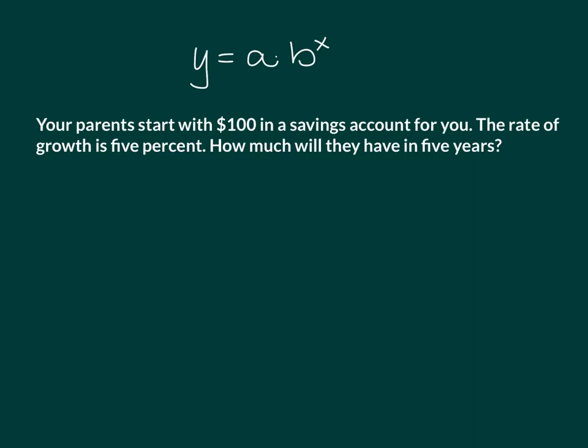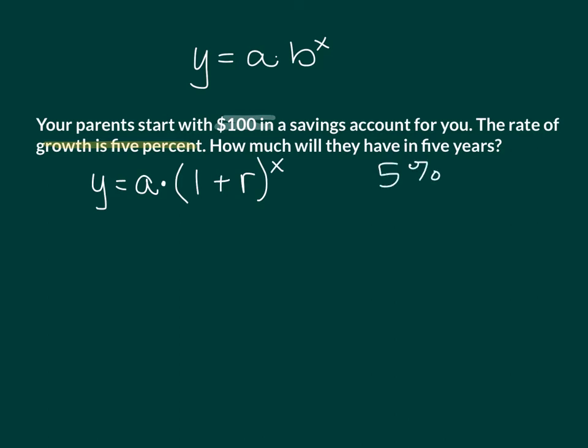Okay, so important stuff here. $100 in a savings account for you. The rate of growth is 5%. Okay, so that's how much it's increasing. So our new equation, since b is the growth rate, is we are going to use y equals a times, b, oops, not b, 1 plus r to the x. So the rate, okay,